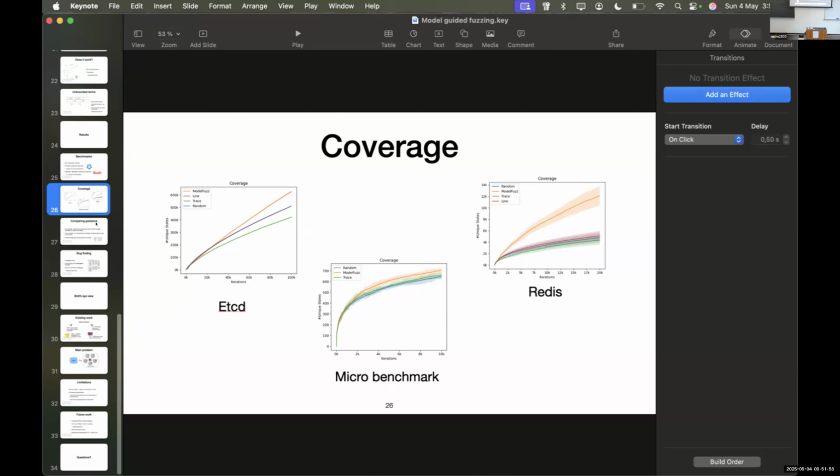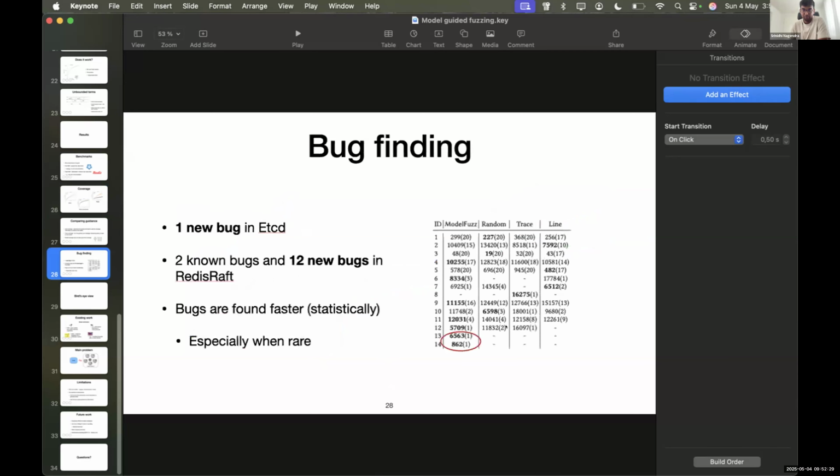Thank you. Just one more question. In your PDF file, I saw the last sentence, where you mentioned that you have 13 previously unknown bugs in etcd and Redis. Moreover, 4 of the new bugs could only be detected by model guided fuzzing. What does it mean? You mean if you run the application, there's no way you can reproduce the bug? No. That sentence is in the context of the comparison table that I showed you.